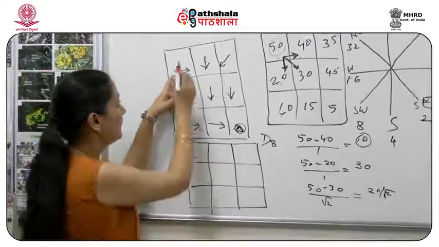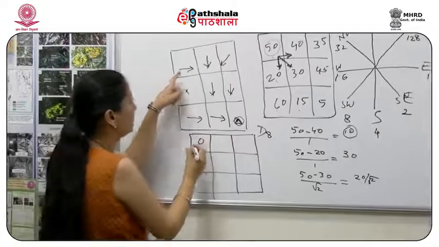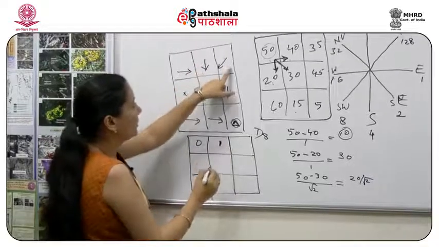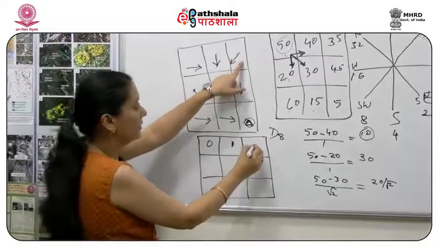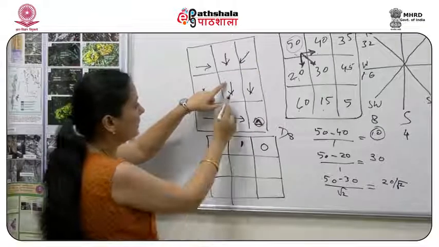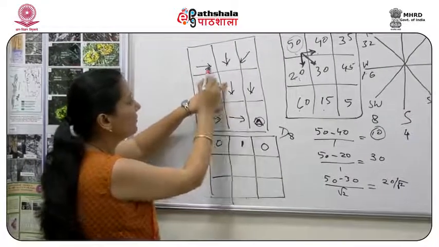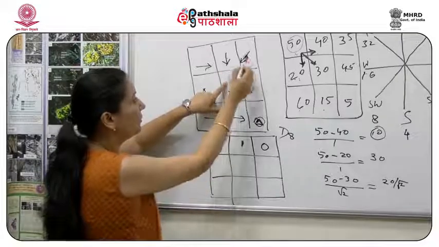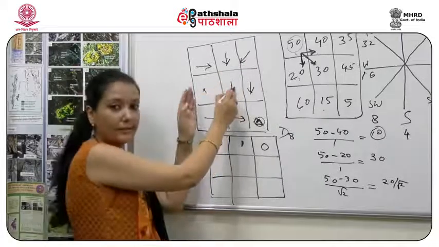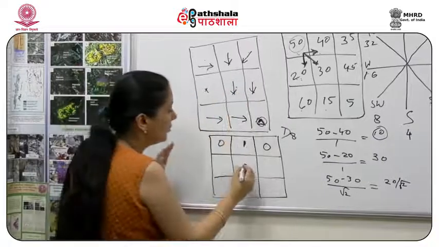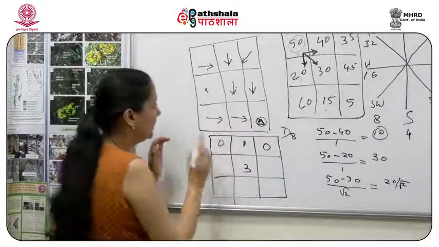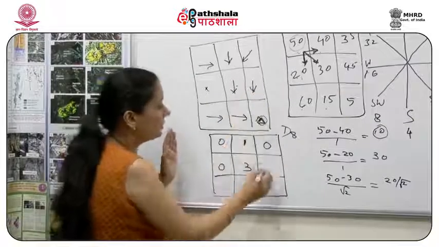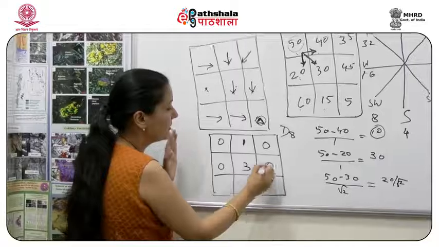So this cell is not getting water from any cell, so this is 0. This is getting water from this, so the value would be 1. For this, again nothing is entering here, this is 0. Now if you look at this cell, the water already was entering from this cell here, so we have 1 and 2 from here to here, so this would be 2 and this is the third. So here the water is entering from 3 cells, so the number here would be 3. Similarly here, because the water is not entering from any of the cells, again this is 0. Here also there is no water entering, it's 0.